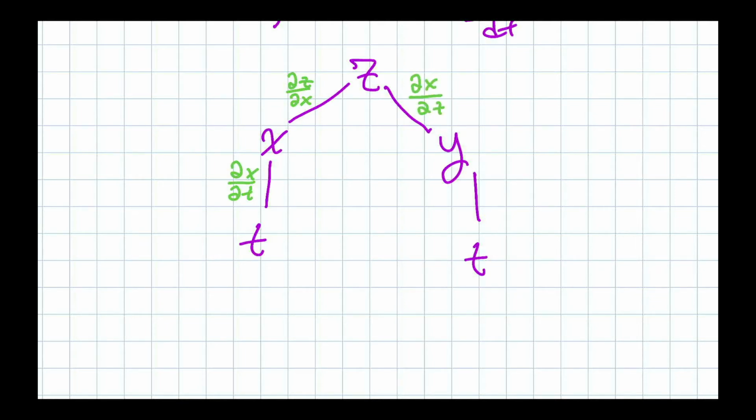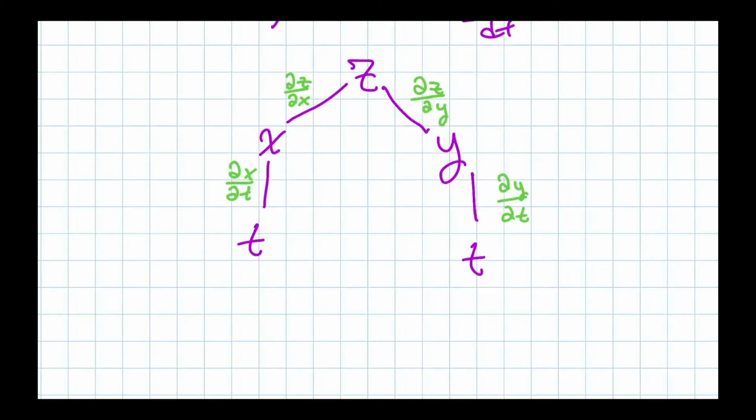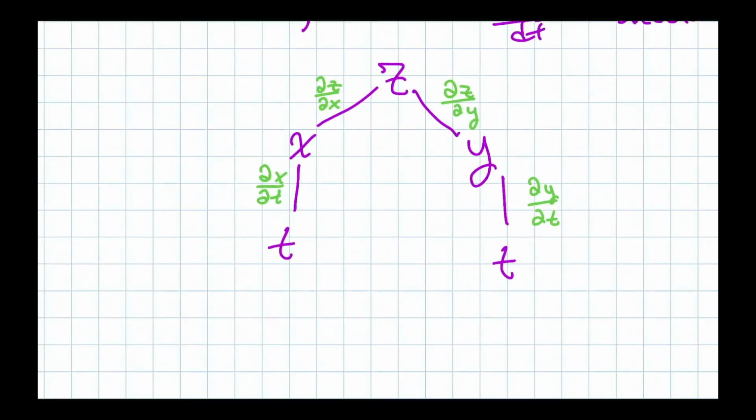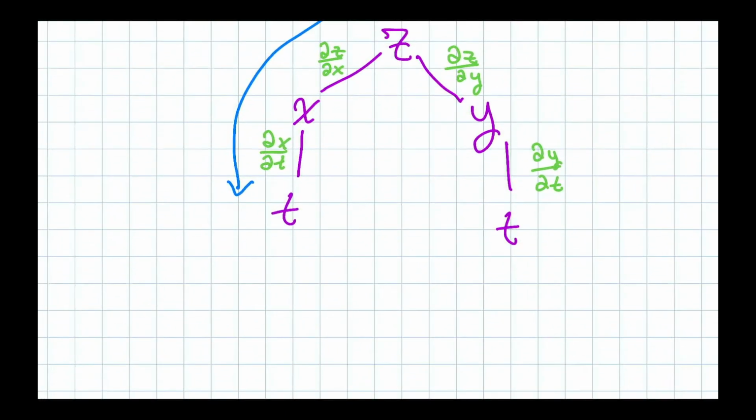Oops, I just wrote the same thing again. Partial of z with respect to y, for there. And then for the one down here, partial of y with respect to t, like that, right? So then what you do is think about following every path that starts at z and ends at t. Going this way, you would multiply these two. So if we want dz dt, you look at,